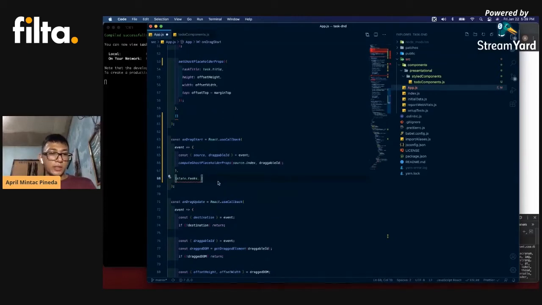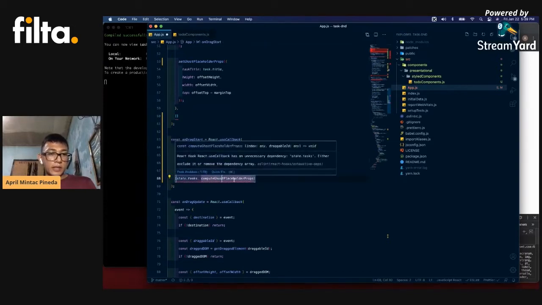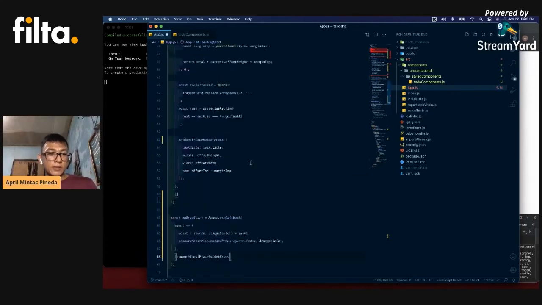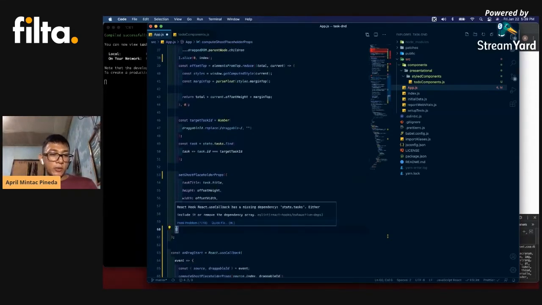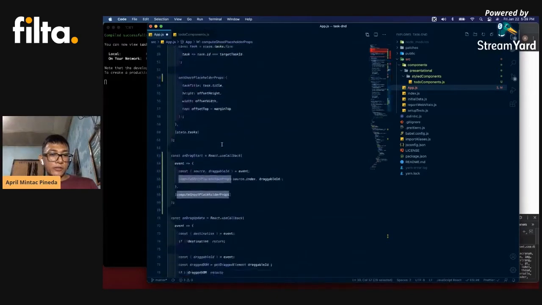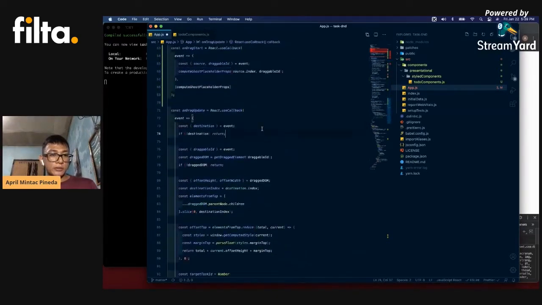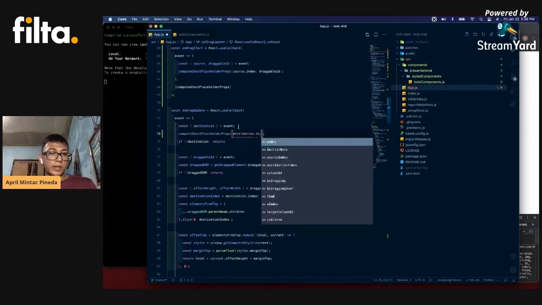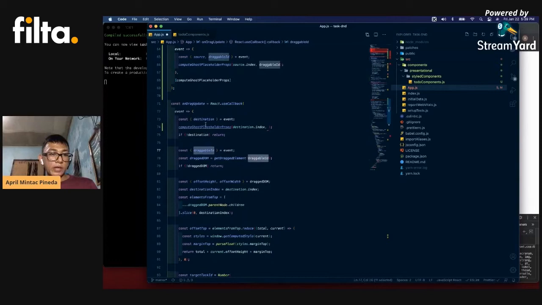And then, so I just need to put here this variable, and I may need to put in another part here, which, all right, I don't need this. And then this is also telling me that there is something wrong with the code that I need to fix. So I need to provide in the state.tasks. And then I need to use this function on the other function here. So I'm just going to put it here and provide again the index, which is the destination.index, and the variable ID, which is coming from the event as well.